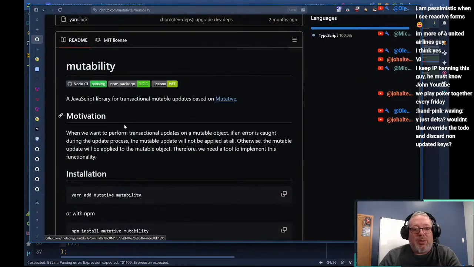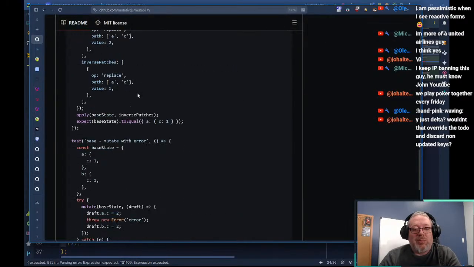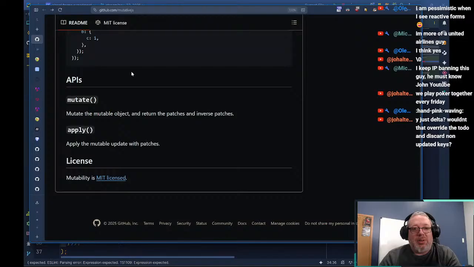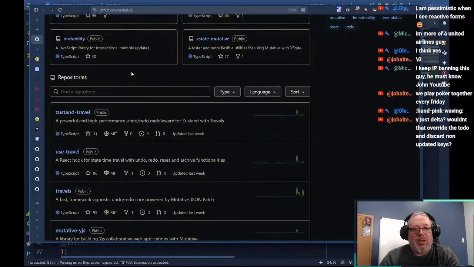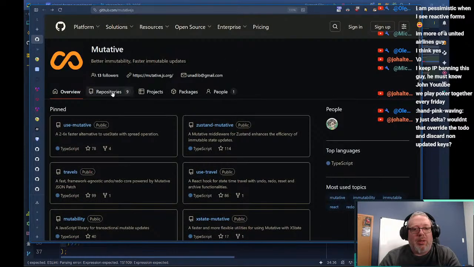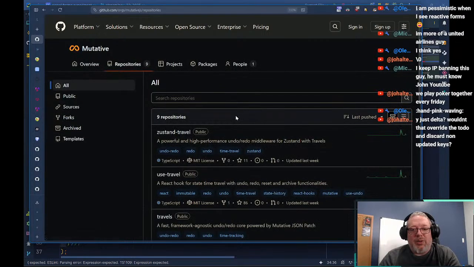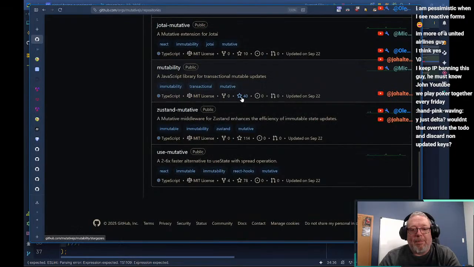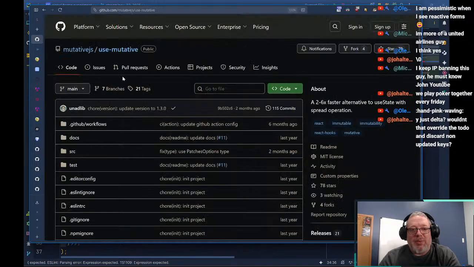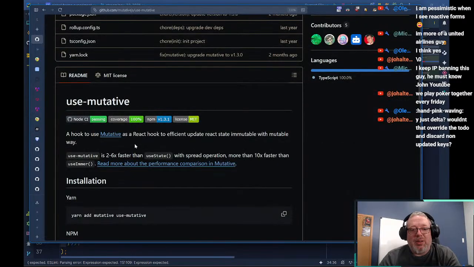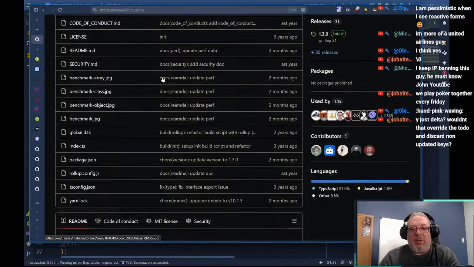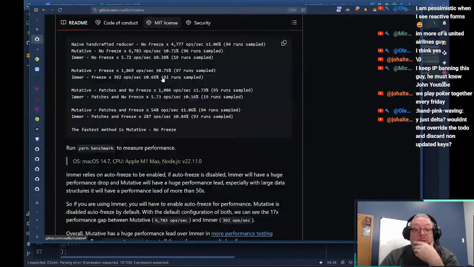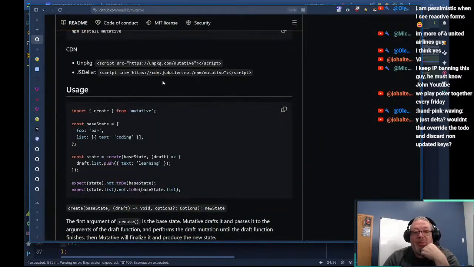Mutative JS mutability. Nope, that's not the one. Repositories. So this one is React. There we go. This is what we're looking for. So with mutative, and it's been a little while since I've done it, is create.